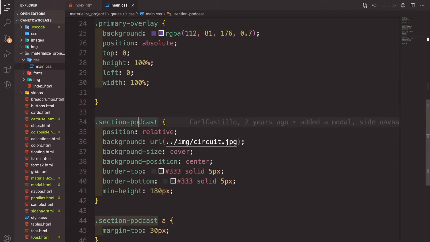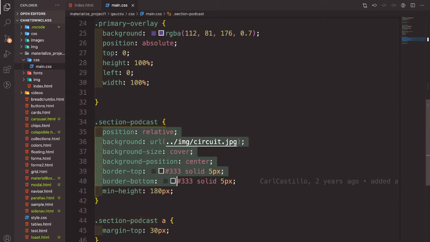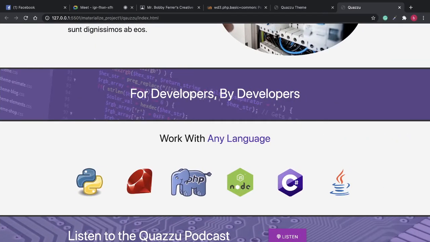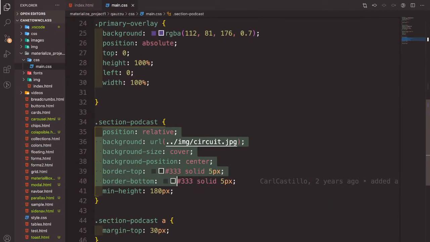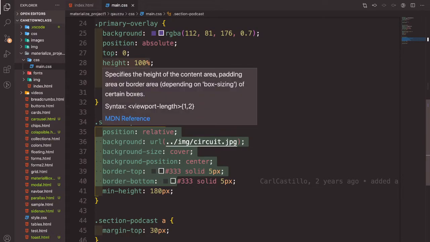So, section podcast, i-relative natin siya ulit. Okay, so kung nag-relative siya, pumunta na uli siya dito. Pero wala pa yung overlay natin. I think, yung overlay, no? Okay, so,